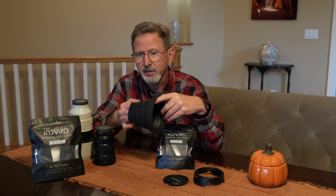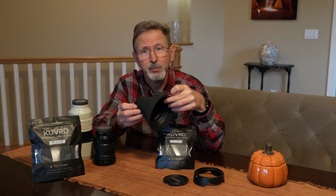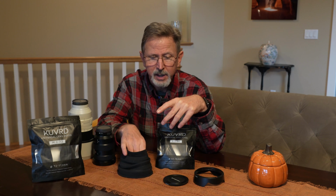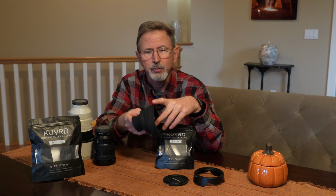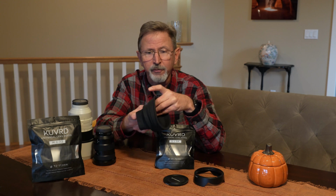It's also great that the size is adaptable. You can change the size to how long you would like it. Keeps the water off your lens if you got some rain coming down. Absolutely great for that. The hole that holds your filter,